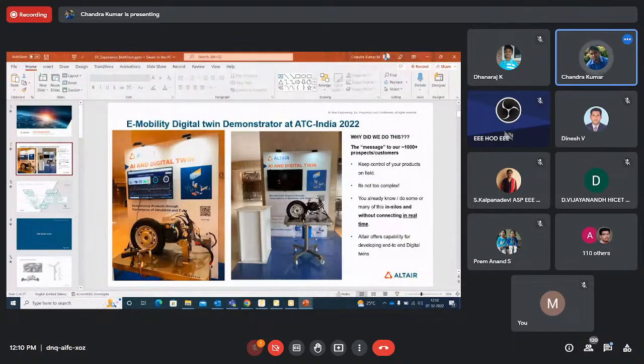The purpose of this demonstrator is, from a physical device, when I drive my vehicle, I take my input as motor speed and torque. I can estimate the motor torque from the motor current based upon the motor parameters. From the torque and the speed, I apply this onto a mathematical model, and in turn it gives me my state of charge in real time, not offline. There will be some delay between data fetching and applying, but it is happening in a real-time environment. That is what I want to convey.